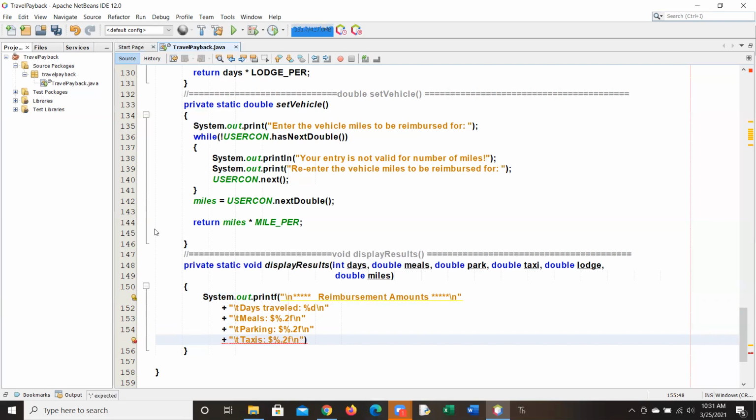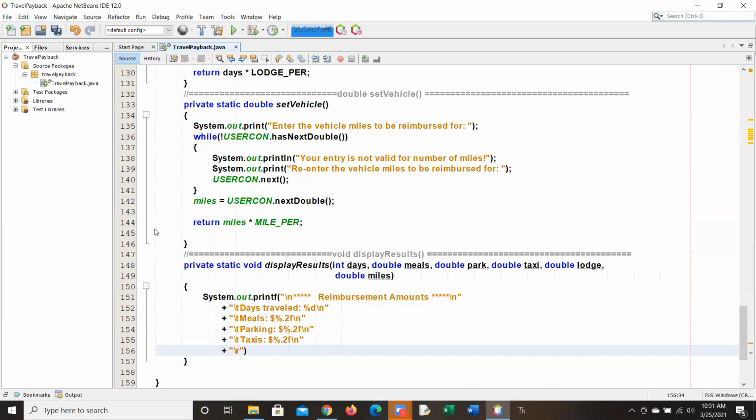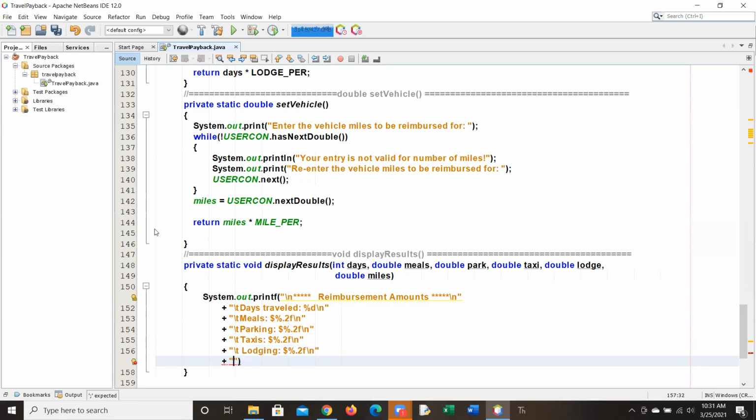Control V. \t Lodging. Control V. \t Vehicle. Control V. Get rid of the \n and put